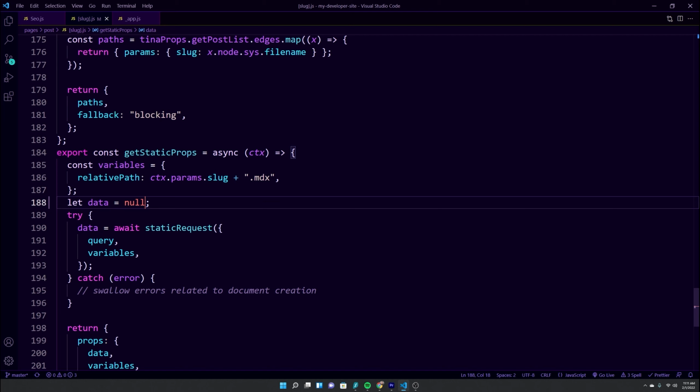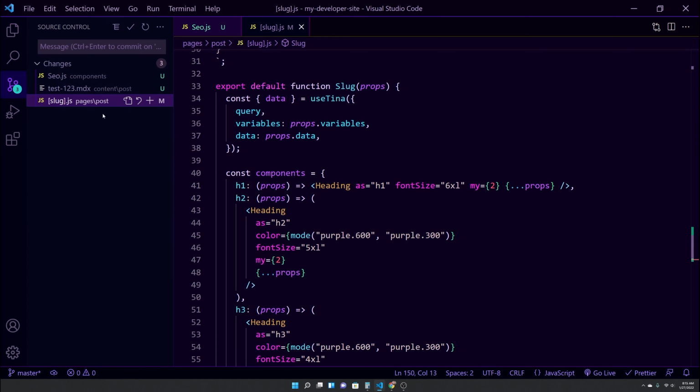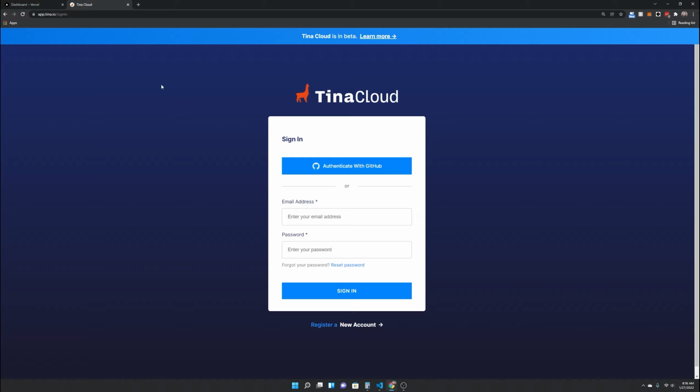So that's everything with this application done. The only thing left is to deploy. The first thing you want to do is check in your code at GitHub. Go ahead and do that, and then we can talk about how to deploy this using Tina Cloud and Vercel. So the first thing you want to do is go to